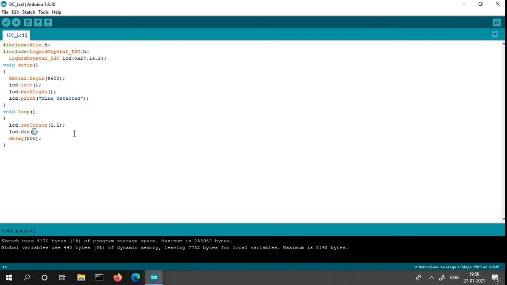Okay, we are going to provide the next function, lcd.display. Here we are providing a blink action, meaning the displayed data is disappearing and appearing at certain intervals. We should see it as just a blinking. Okay, now we can see how it works. We are just providing the functions lcd.display and lcd.noDisplay.